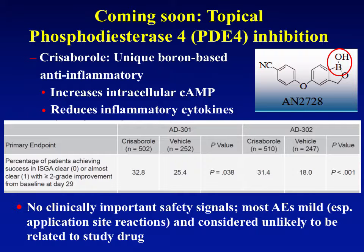We know from the topical calcineurin inhibitor story, when the articles came out in 2001, we found out so much more about how they could best be used when they were on the market, and we really had a lot more experience. In fact, unfortunately, the studies showed that in children, 0.03 was just as effective as 0.1, which the minute it came on the market and we had all of our 0.1% kids in studies go to 0.03, we realized that that wasn't true. So at any rate, we'll learn a lot more once it's out on the market, but just a reminder that